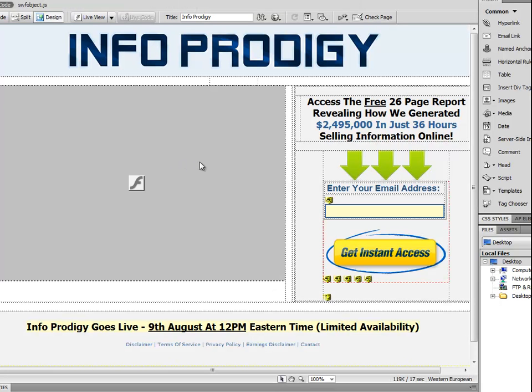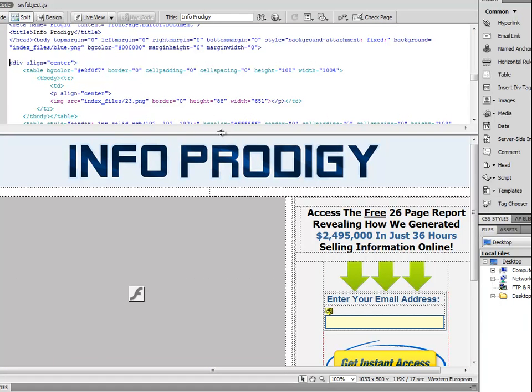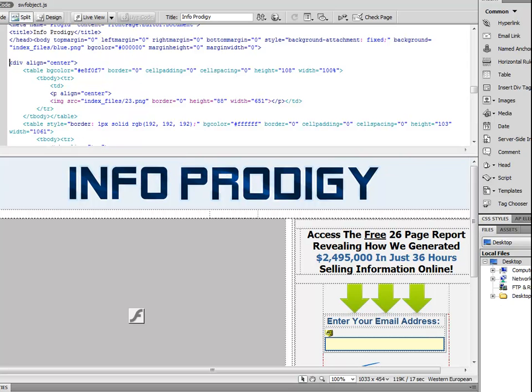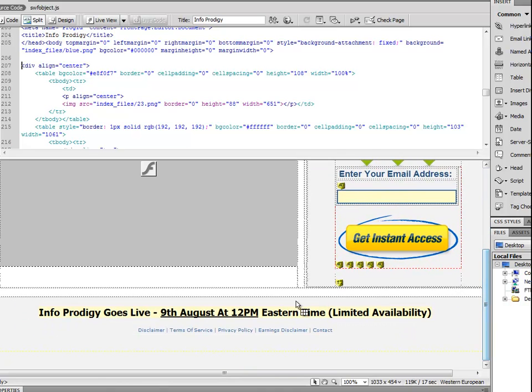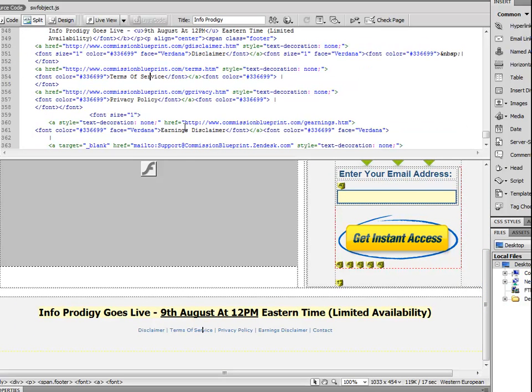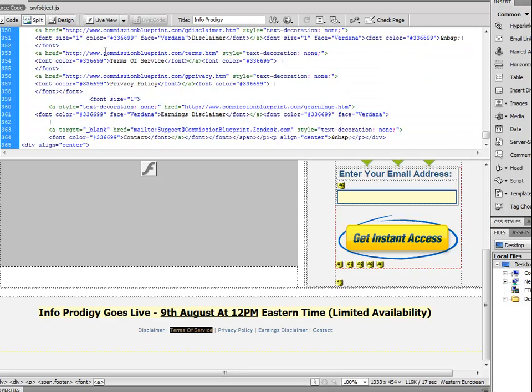So you want to look at the code here. I'll go to View and Design and Code and bring it up a little bit. Okay, so we want to look at the autoresponder code. This is what we want to change. You want to change the links down here. Right now, the links down here are all going to his Commission Blueprint terms of service. So, for example, I can put in my